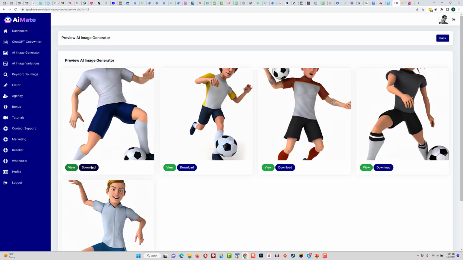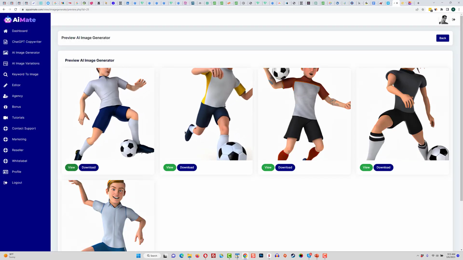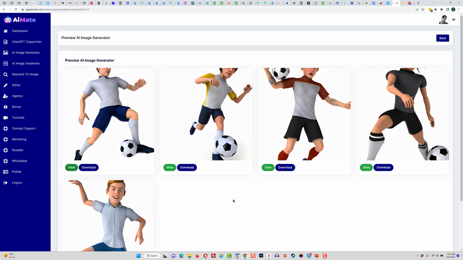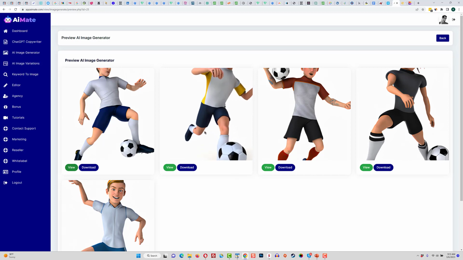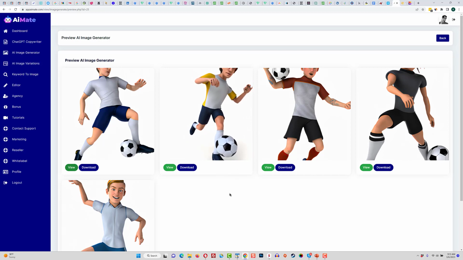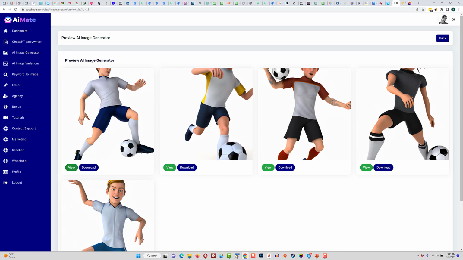You could also download any of the images. So you could put these in a paid product. You could put these on your website. You could put them on your blog post. You could use these in a video. So if you were creating a video about something and you wanted to have more than just text on the slides, you could put the images in the video as well.